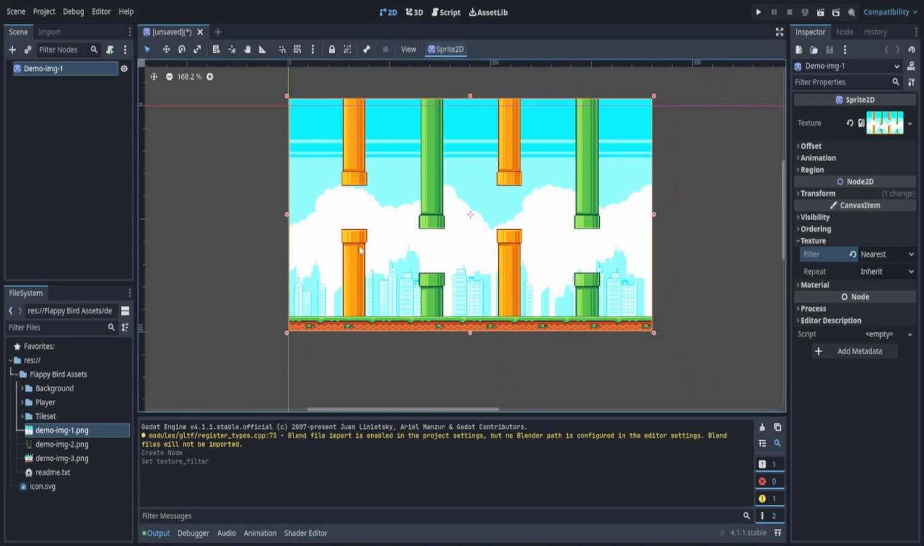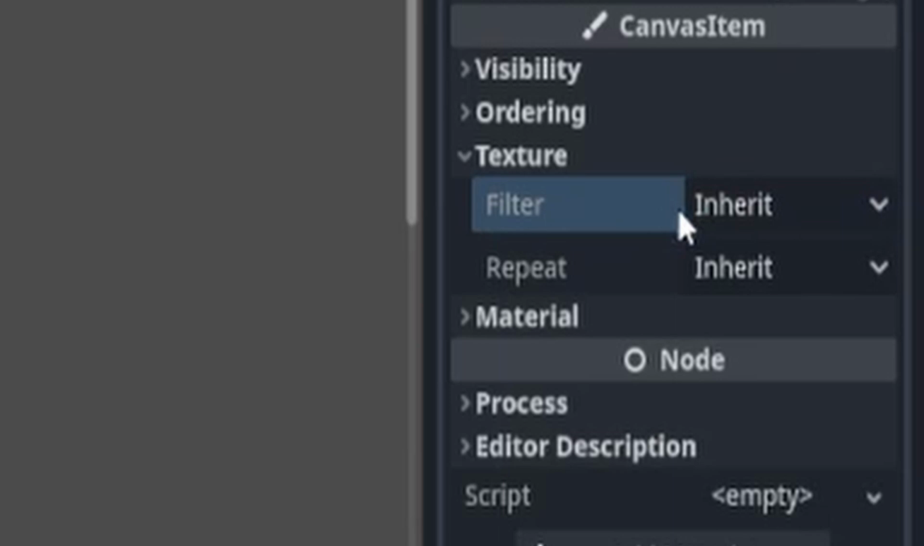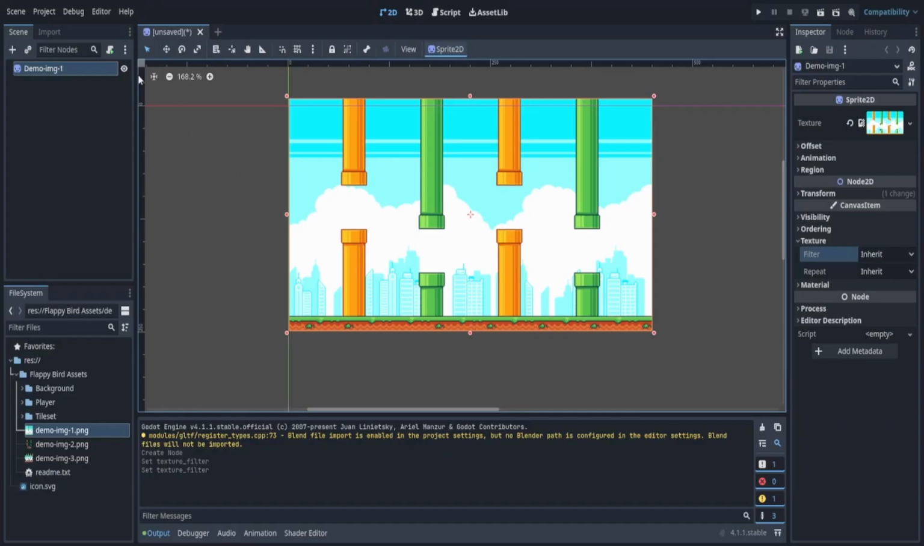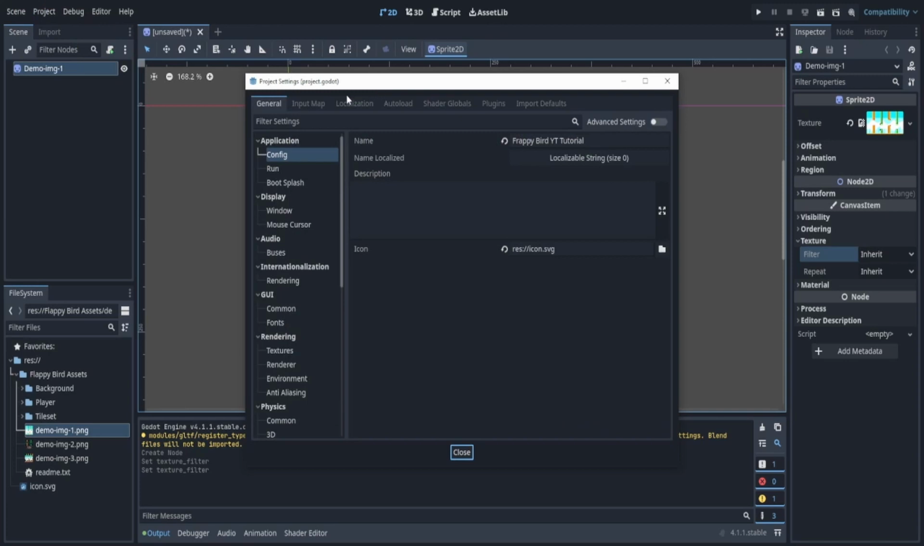However, I don't want to do this every time I import or add a sprite. So we're going to set the default. Now here by default, if we actually reselect this, click the loop, it'll say inherit. Now what does inherit mean? Inherit is going to inherit the default project settings. Now if we go to the top left and click project settings or project, we see project settings. If we click that, we'll go to